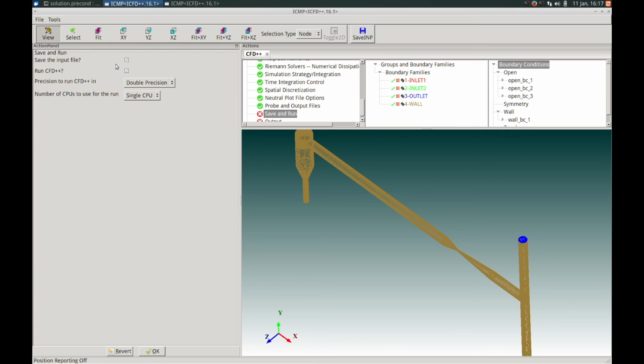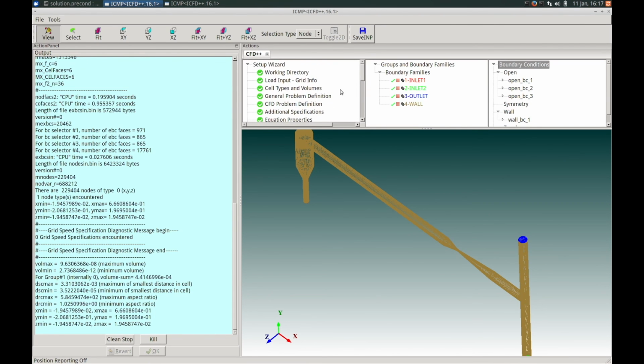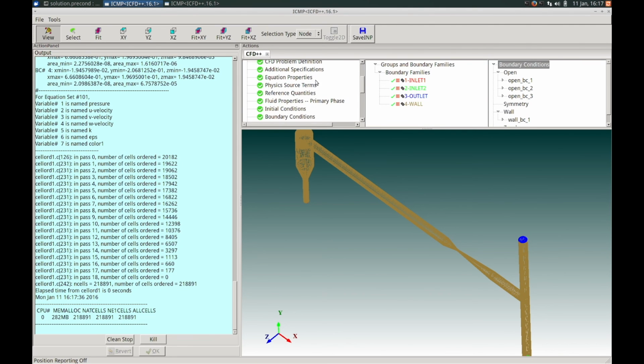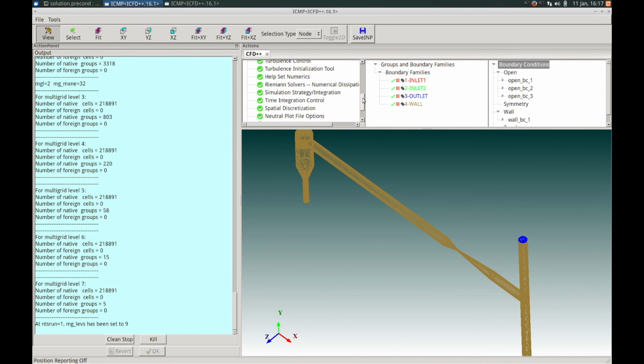And then we're brought to save the input file and run CFD++ as before, so we can click OK to continue. So you can see that you can go back to previous steps in the setup wizard, alter numerical settings or alter boundary conditions, and the code will auto-detect what items of the panel need to be reviewed and new selections made.